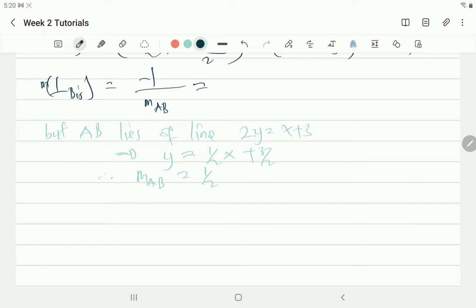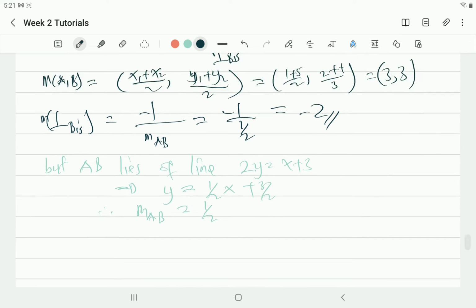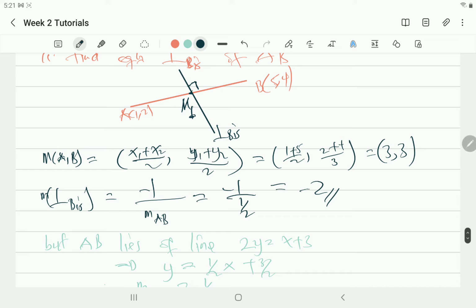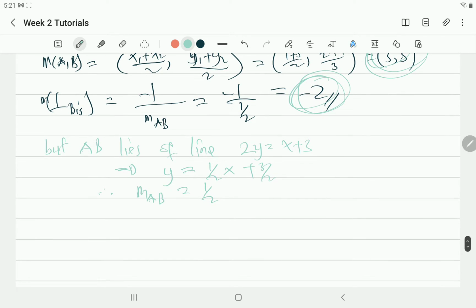So when I come back to what we were solving, we will have that the gradient of the perpendicular bisector is going to be -1 over the gradient of AB, which is what? 1/2. And finally, we have -2 to be the gradient of the perpendicular bisector. And remember, we just solved for the midpoint, which is also on the perpendicular bisector. So we use the midpoint and the gradient to find the equation of the perpendicular bisector. So therefore, the equation of the perpendicular bisector